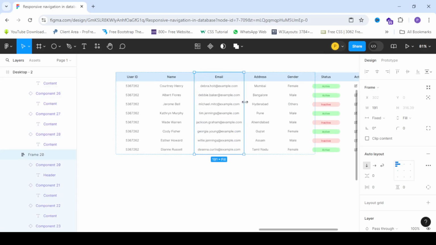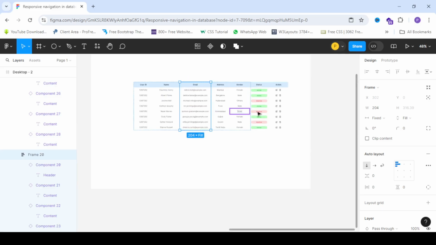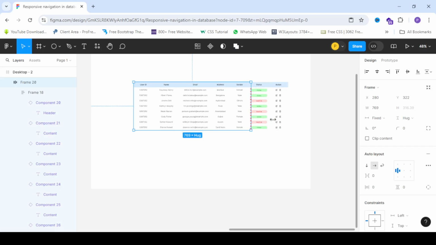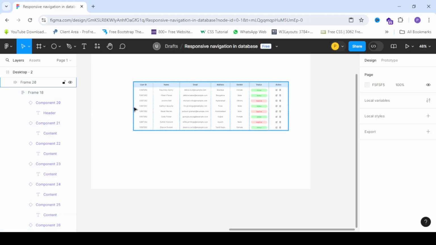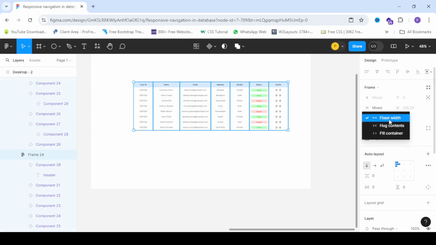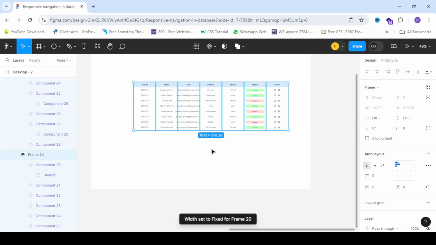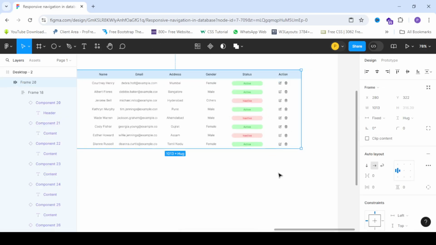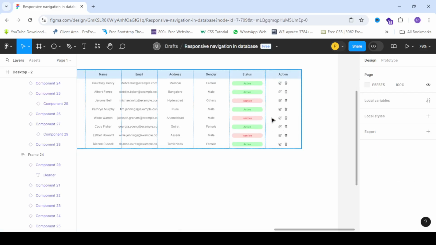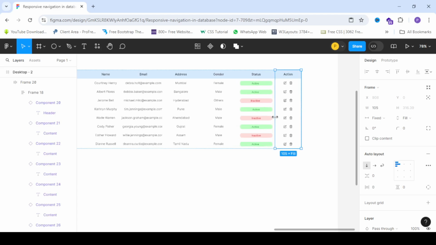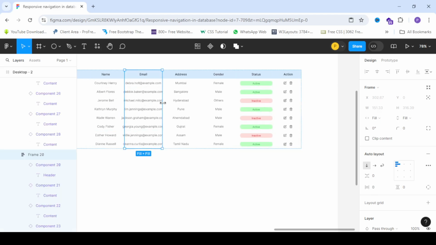Now you can always adjust it even after applying the fill container here. So here we need a little bit less space, right? So we can reduce the space here, and then here we can